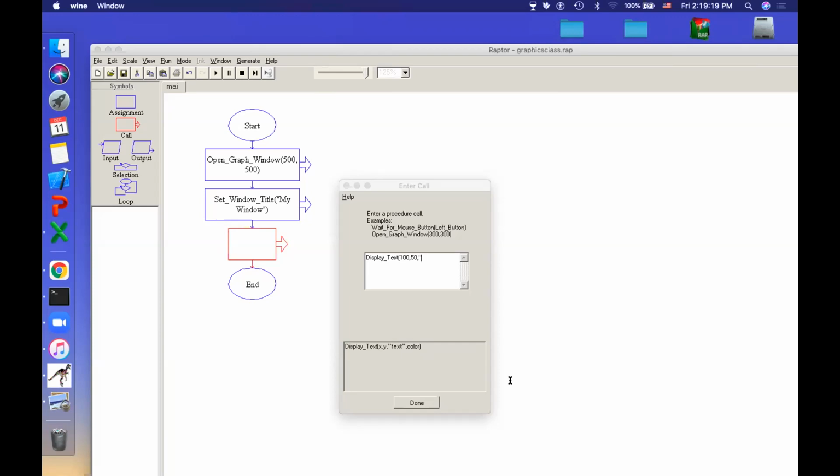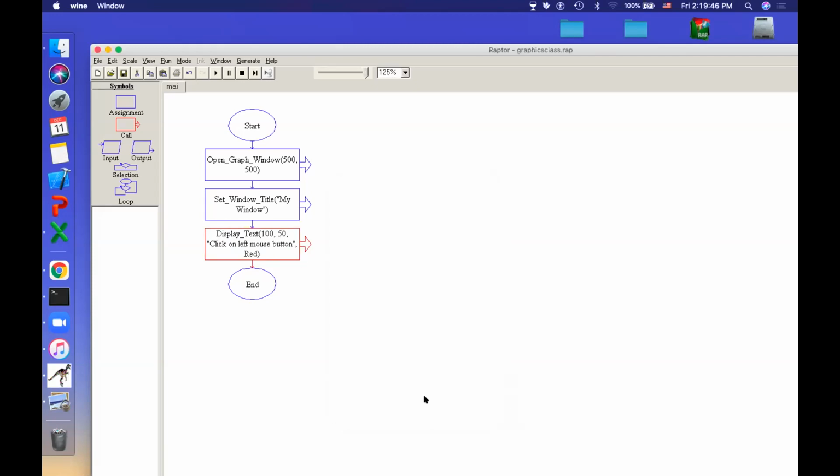Next, text. Click on the left mouse button. Okay, so this is my message which I am keeping in double quotes because it's a string. And color, let us choose a color, maybe black, maybe red. Let's choose red. Okay, right. So I have created a window and I have named the window. Then I have put some title into that window and asked it to do something.